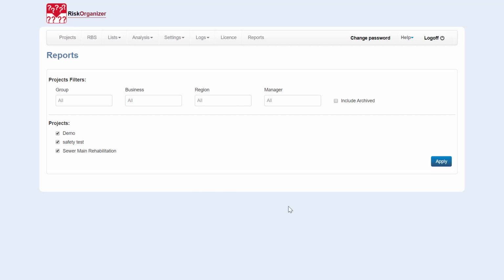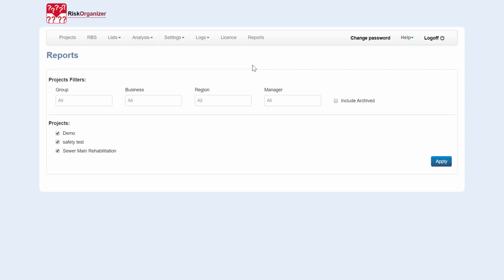In this recording, I want to just give a quick overview of how RiskOrganizer supports ongoing management. So largely focused on a project manager or somebody in the project management team. Once a risk workshop has been undertaken, there are basically two components to managing risk: identifying new risks, which are